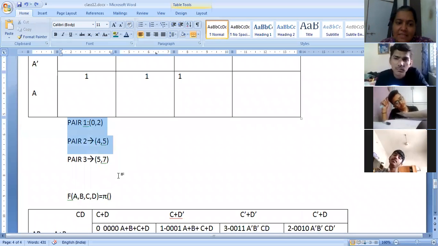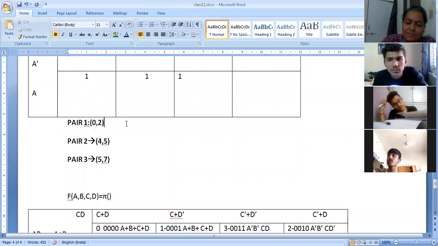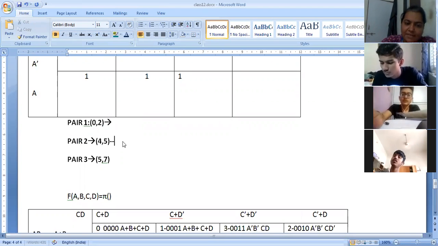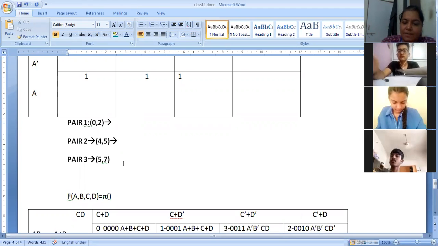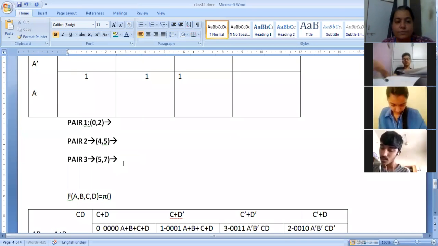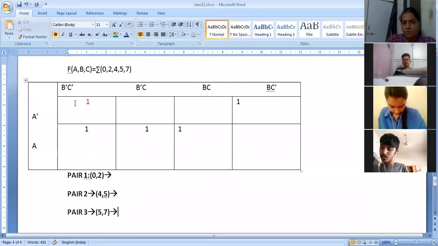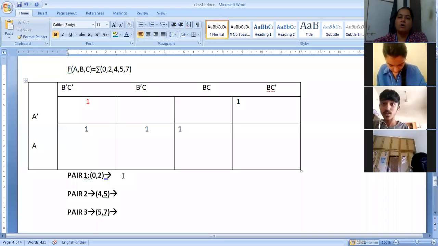Now simplify this. Come on. Who will simplify? Next time, keep your notebook ready with you. You will simplify all these things on your own. Follow. You want the shortcut or the long route?